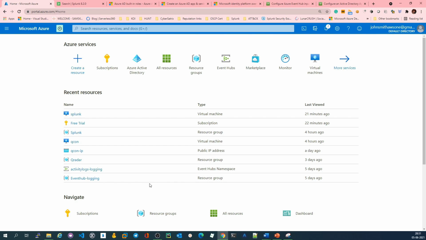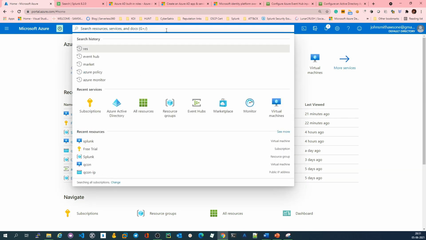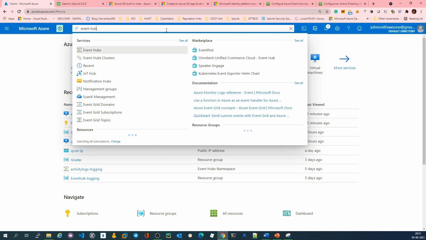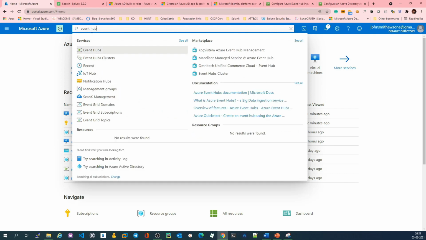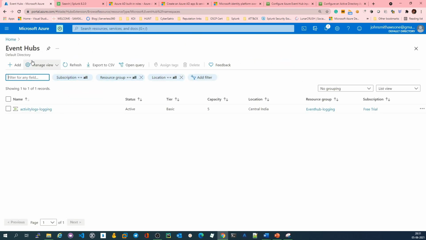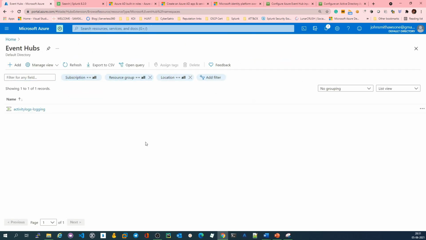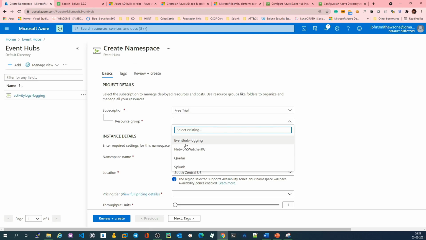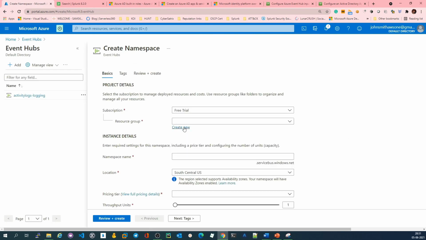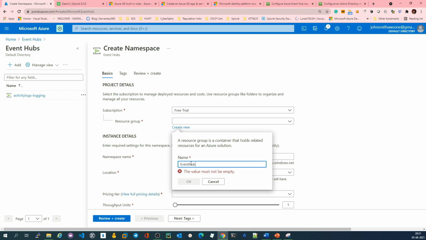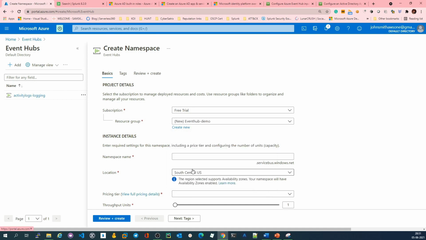As for the steps that we have seen, the first step is creating an event hub. So quickly search for the event hub resource in the search bar here, and then click on event hub. Let me create a new event hub namespace. Let me create a new resource group. Click OK, and then the namespace, I'm going to give the namespace as my demo